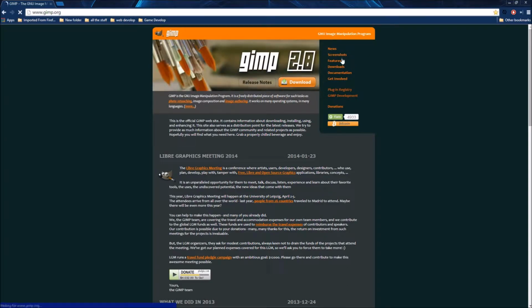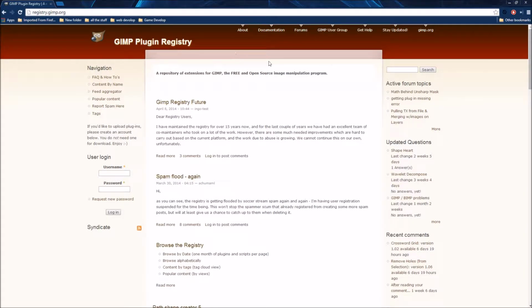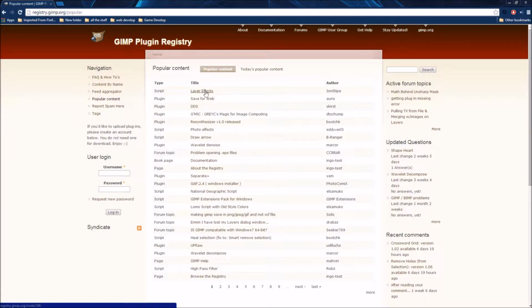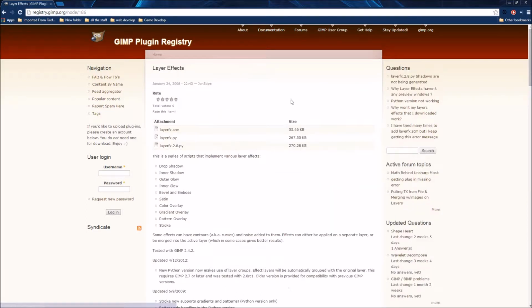On the right side, you'll see the plugin registry. You just click on that and it'll take you to the plugin registry, and then over here you'll want to click on popular content, and then there's layer effects. Then just click on layer effects, and then you could download the script or the Python file. I use this one